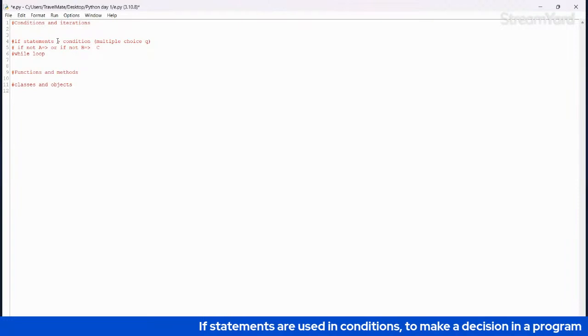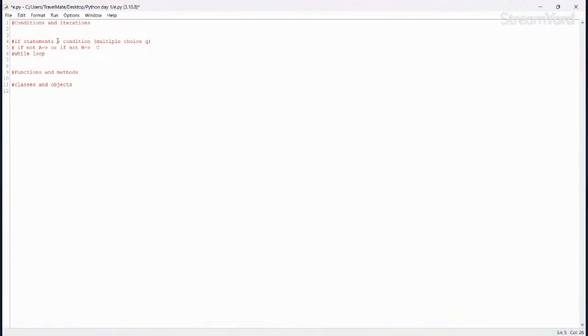So if the answer is A, it cannot be C and it cannot be B as well. So this is where conditions happen. You have to make sure that you have a definite answer or not. Let's think about this multiple choice question.